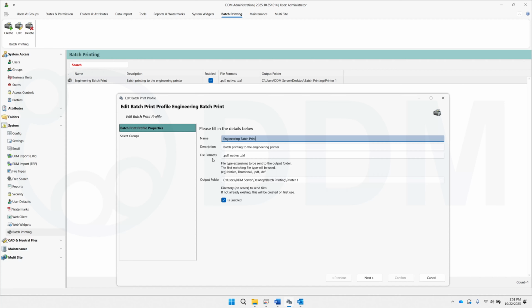The file formats is where we specify which file formats are exported from the DDM environment, ready for FolderMill to pick up and process. It should be noted that the first matching file type found will be used. For example, if we were to set native as our first option and try to print a drawing from DDM, it would send the native version of the file from your CAD system. So you need to consider the order that you put these in, which is why I've put the .pdf first